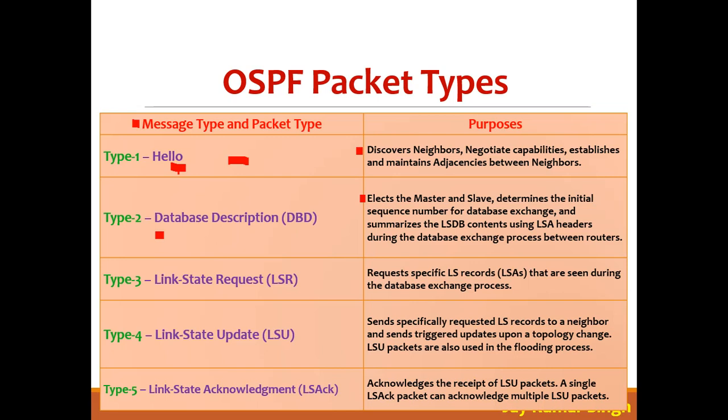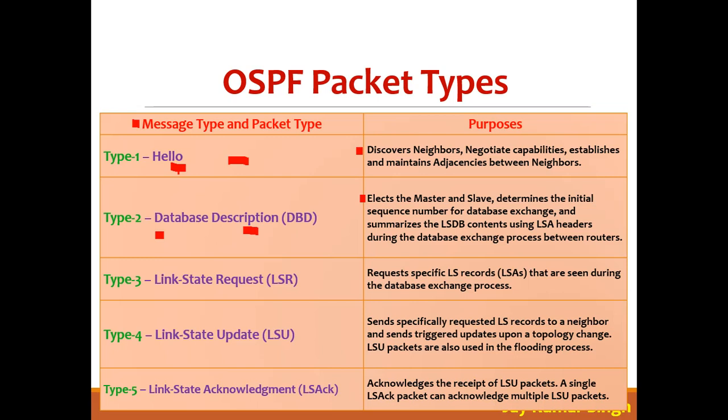In an OSPF area network, they find one boss router in the network. You can say there is one master router in the network, and all remaining routers will act as slaves. All remaining routers will send the database update directly to the master, and the master will be responsible for exchanging that routing information or database information to the other slaves. So slave and slave cannot directly exchange the information. That's why here they determine master and slave.